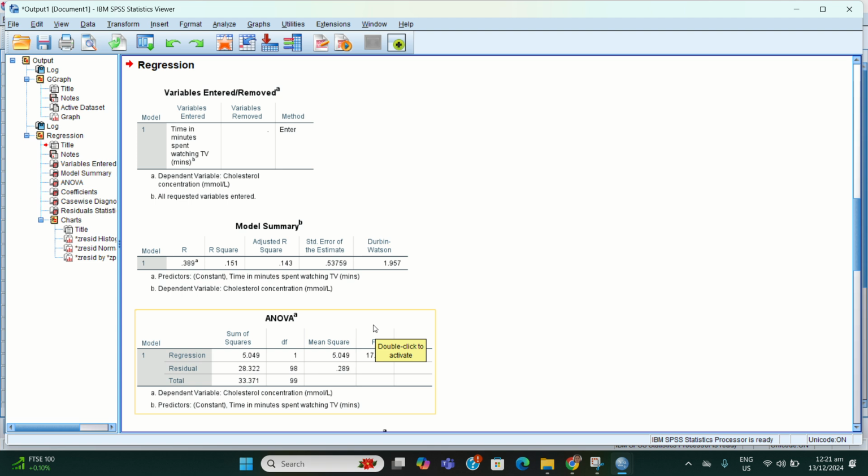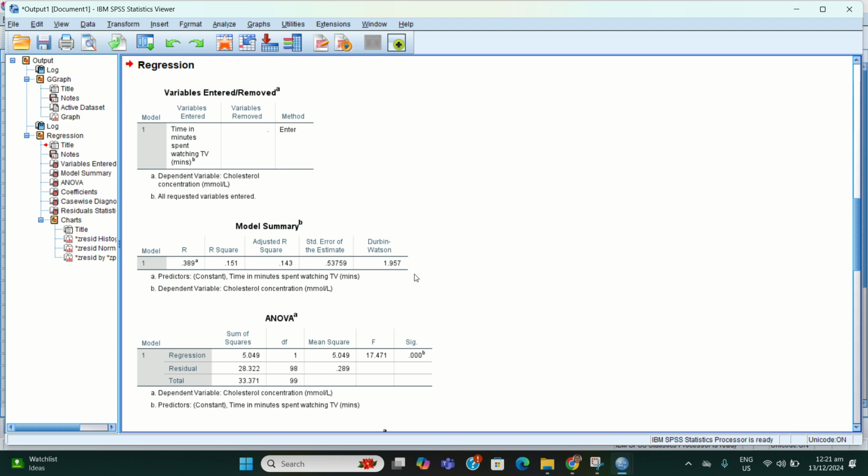Now we will check assumption 2. Here, the Durbin-Watson test is a test for a particular type of independence, which is first order autocorrelation, which means that adjacent observations are correlated. As you can see in the result, the Durbin-Watson is 1.957, which is close to 2.